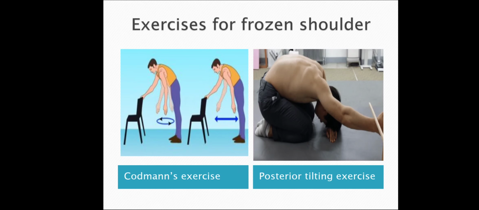Prone lying or sitting, like this as shown in the image, place the affected extremity over the head, touching the stick which is lying on top of your hand, and keep the hand down on the couch. Repeating this 10 times will induce a posterior tilt in the affected scapula.